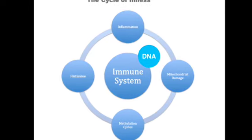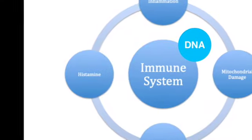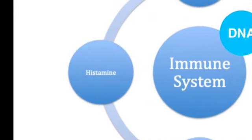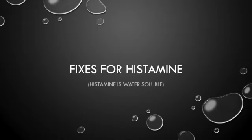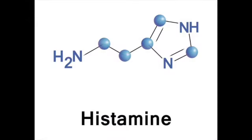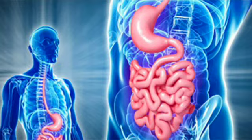In order to improve our health, we have to address all the items in the cycle of illness that affects our immune system and DNA expression. In this video, we're going to be discussing how to improve or heal histamine issues. Histamine is an organic nitrogen compound involved in local immune responses, as well as regulating physiological function in the gut